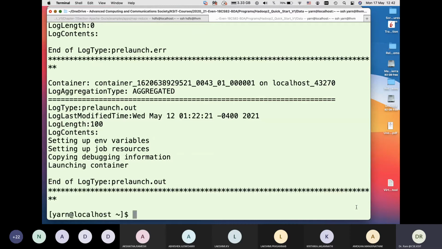Now we already discussed the basic idea of the application master. We'll get into more details of the structure. Whenever you launch an application, first it launches the application master, which runs in one of the nodes, and that ID is always one. So this is the application master that tracks all the jobs. There'll be no output for this.